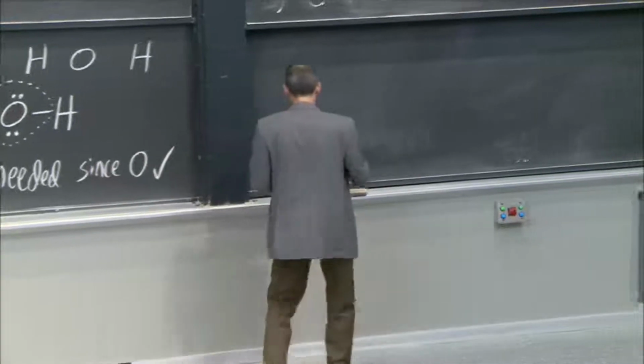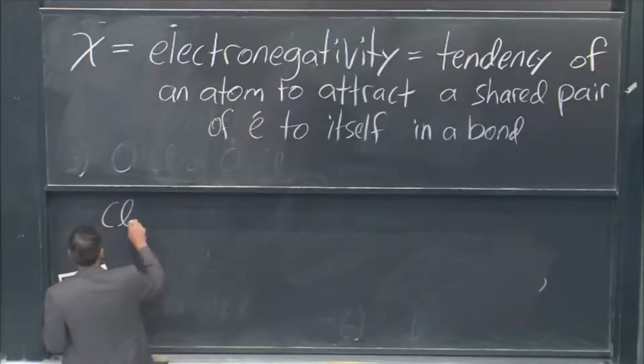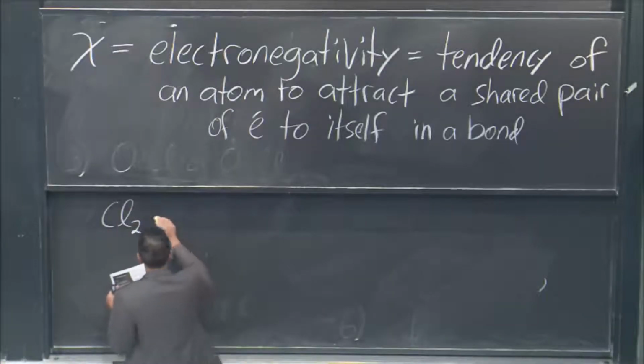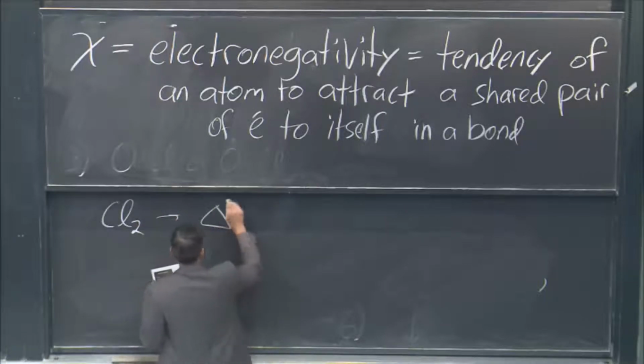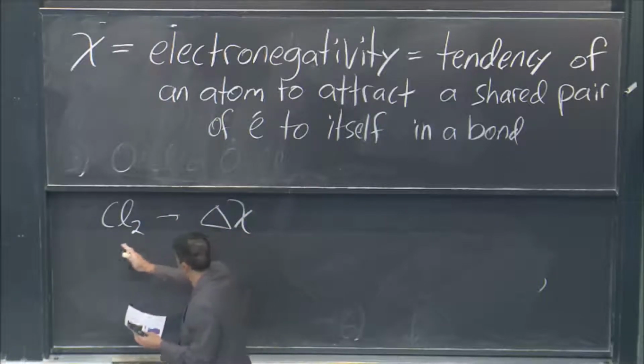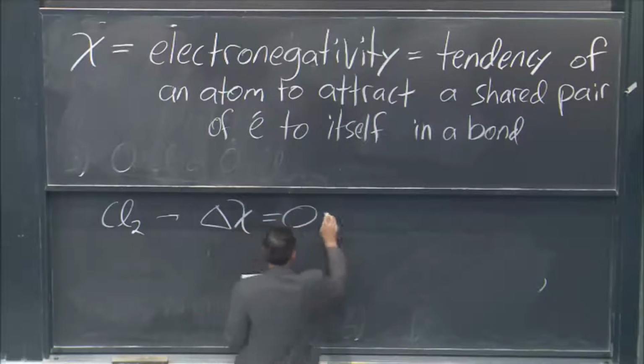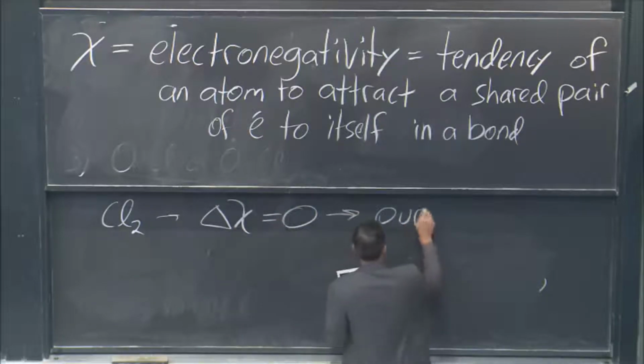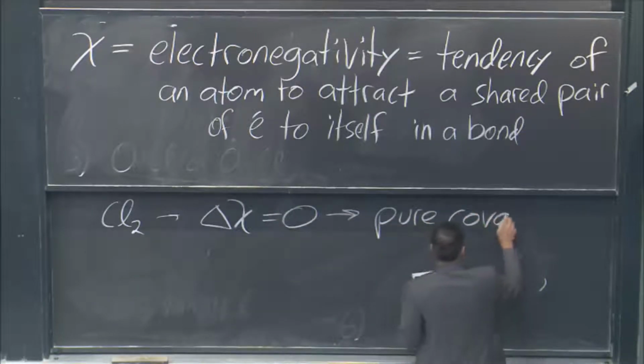Because neither one could bring in the electron pair more than the other, right? So if I think about that, like chlorine 2, the chlorine dimer, then the change in electronegativity between one chlorine and another is 0. It's a pure covalent. I mean, just think about that conceptually, right? So